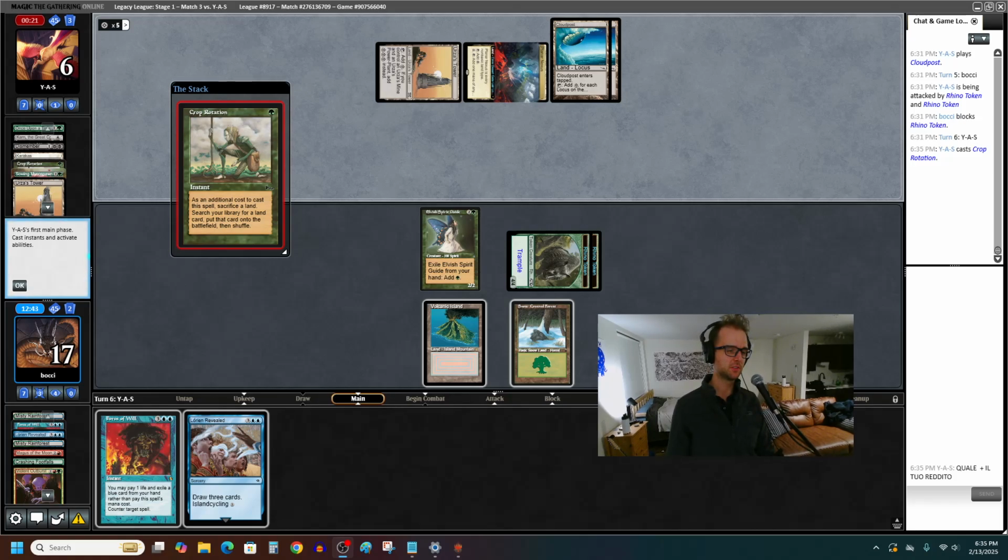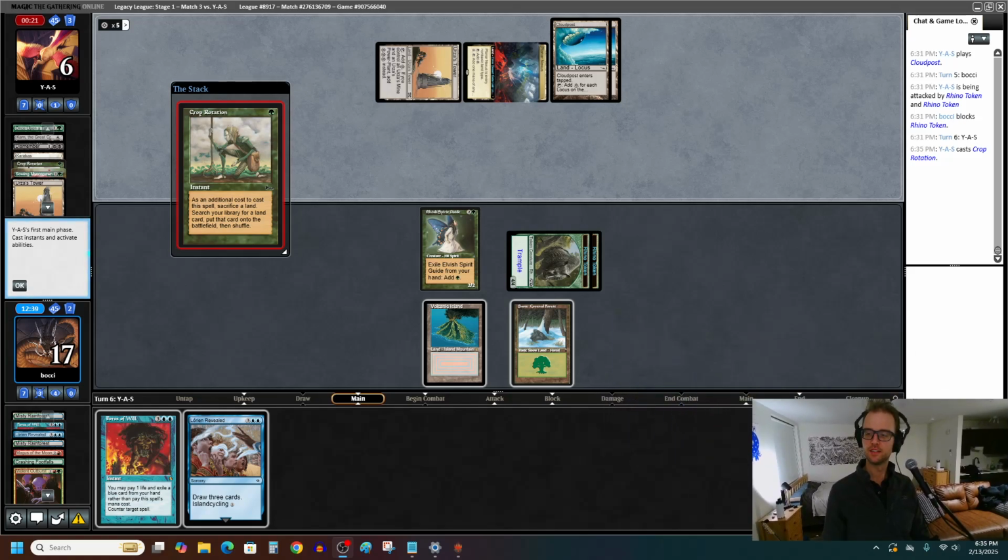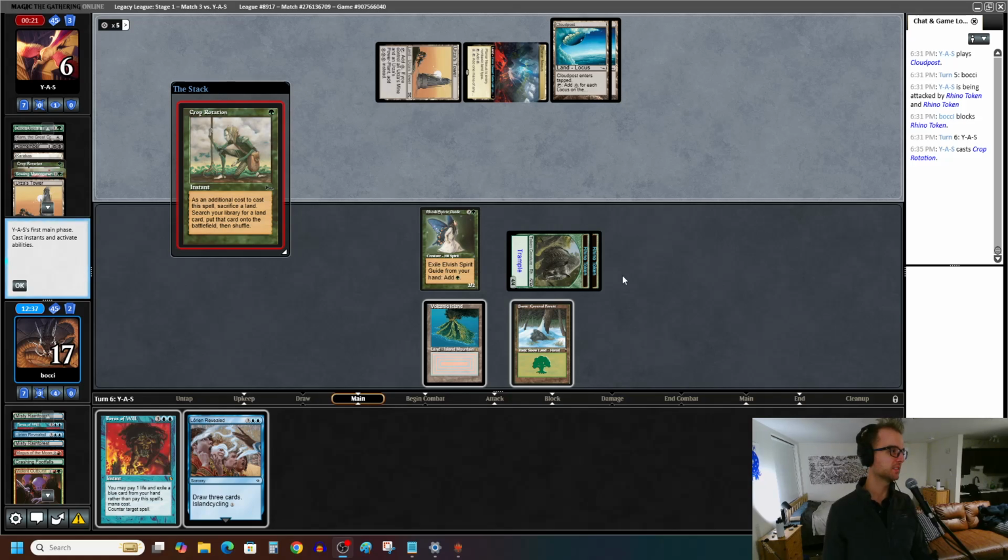Quail plus Il Tuo Reddito. Fratello. I don't know what any of that stuff means. Am I supposed to force this? What could they crop rotation for? Glacial Chasm or